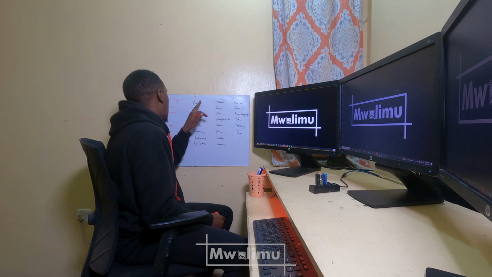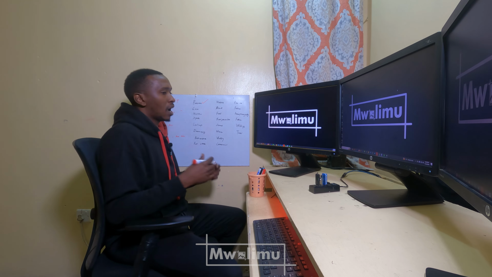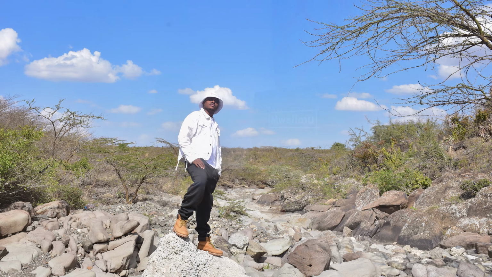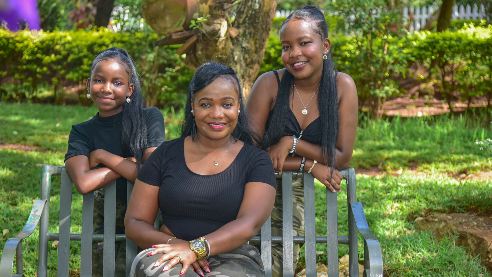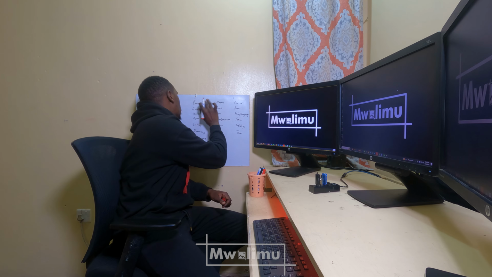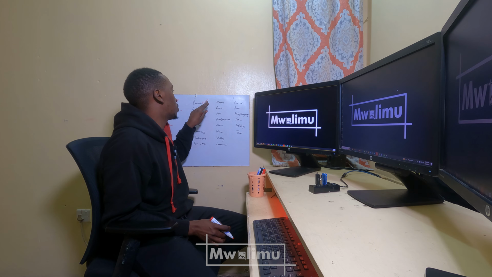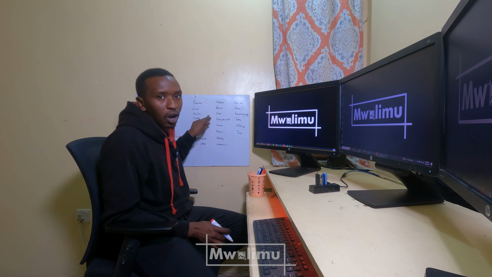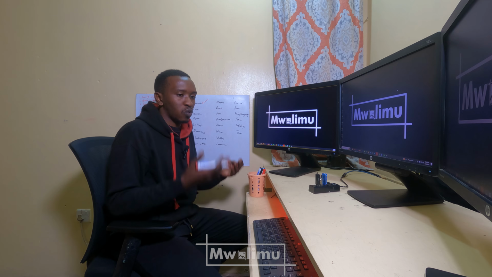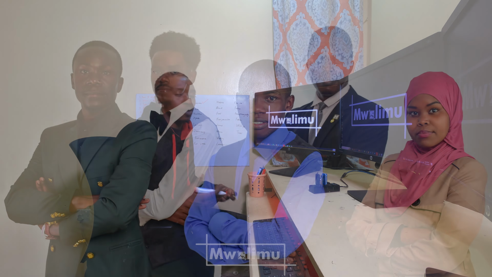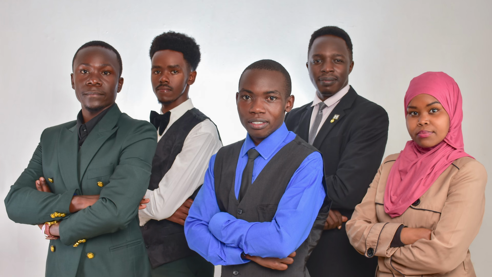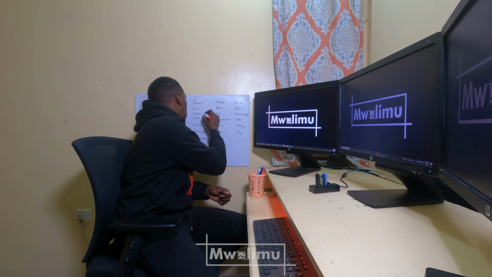I'm going to start with the first one, which is portrait photography. So this is taking photos of people with the aim of capturing the essence, the aesthetics and the emotion of people. Okay, so that involves going to the arboretum on Saturday and shooting families and things like that. Closely tied to portrait photography, we have headshot photography. But the difference between headshot photography and portrait photography is headshot photography is purely based on taking headshots of people, most of the time for formal use. For example, applying for visas, or maybe applying for jobs, or making company profiles and websites and things like that. So that is the headshot photographer.